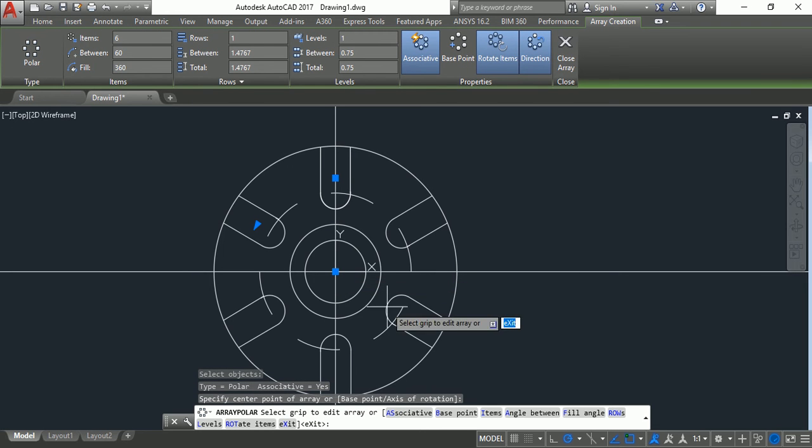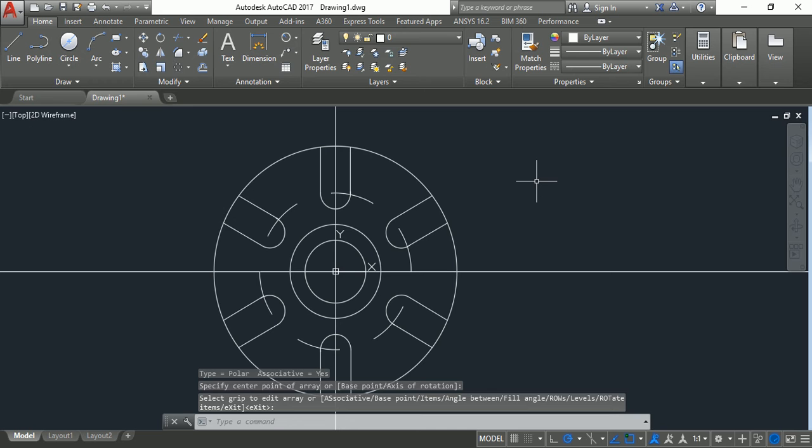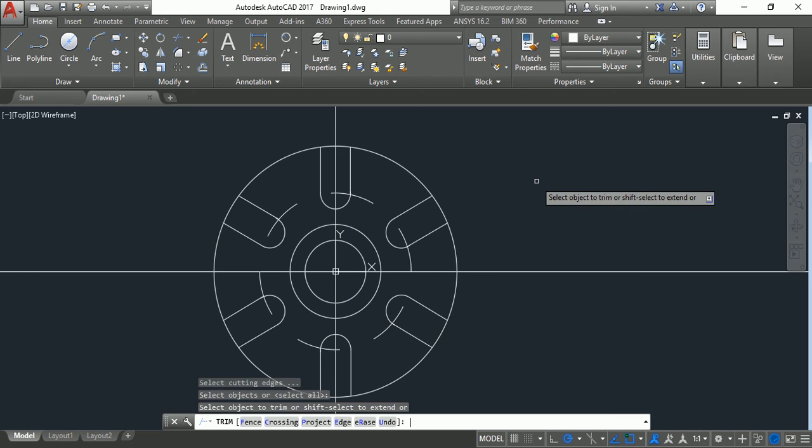So here we get by default 6 patterns. If we want to modify them, we can do this by using the items option. And now we will trim out again the unwanted edges which are not required here.